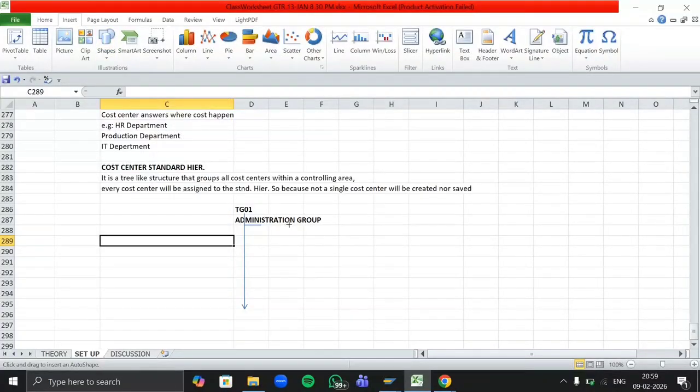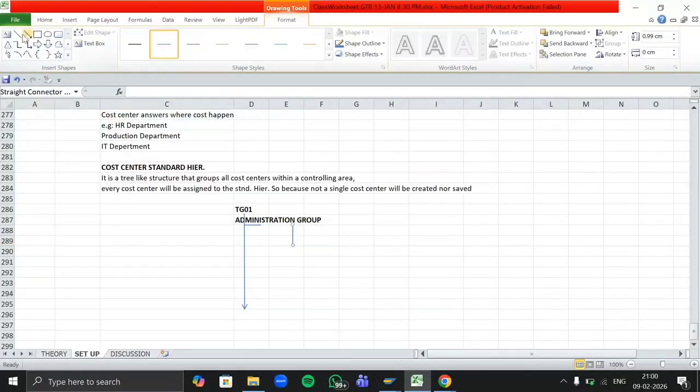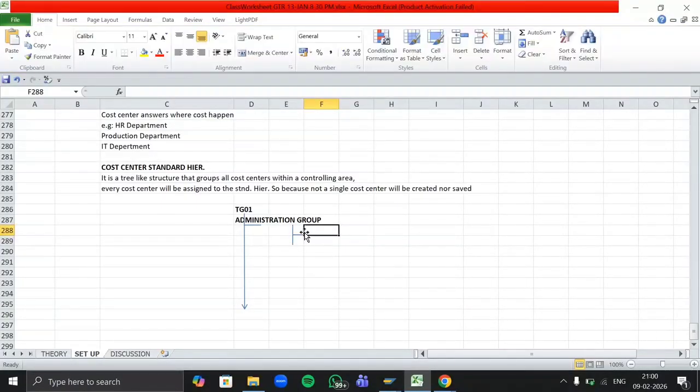Can we create an HR department? We can create a finance department, right? So HR and finance are our cost centers here. So let me create one HR department, another as a finance department.